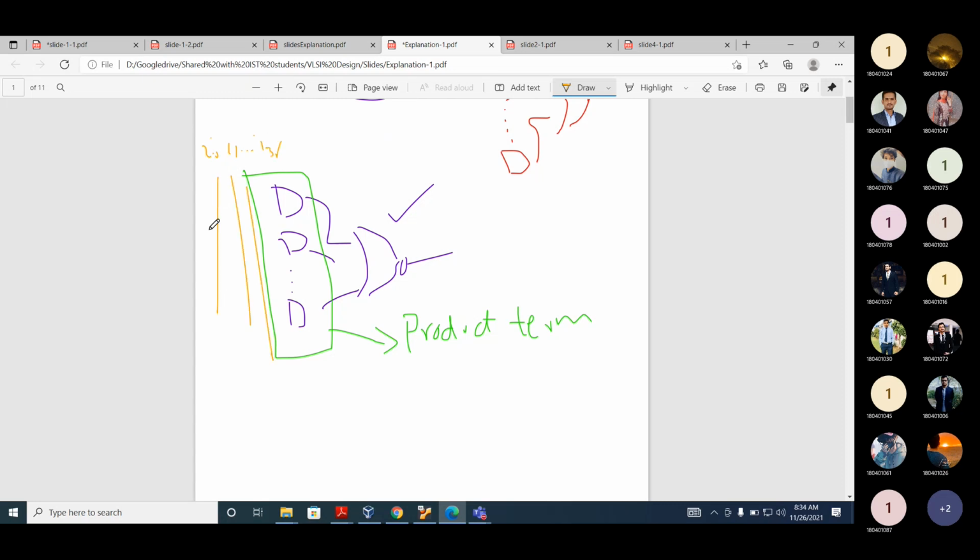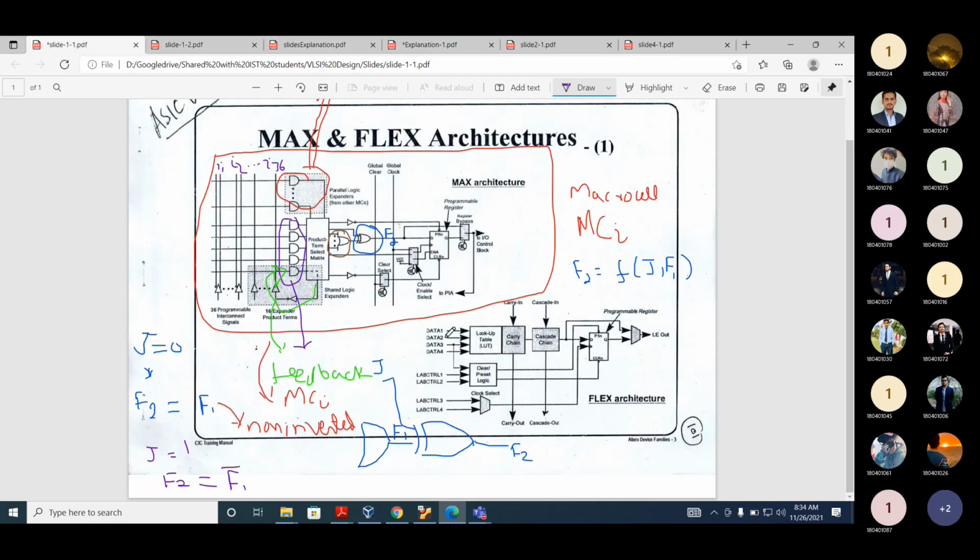Am I right or not? And similarly, this function is also feedback. If you look at this first slide, there is also some feedback, and we call this expanded product term. This expanded product term is from the same macro cell, and even the signal may come from other macro cells.